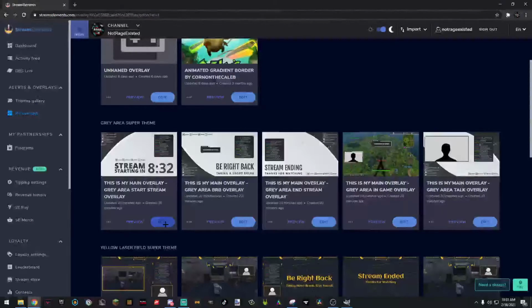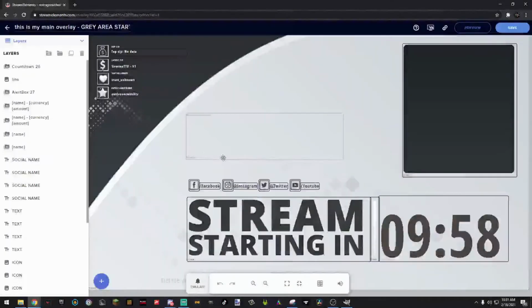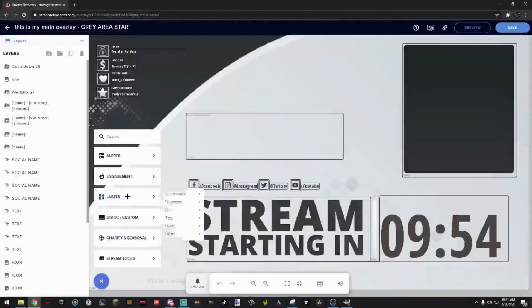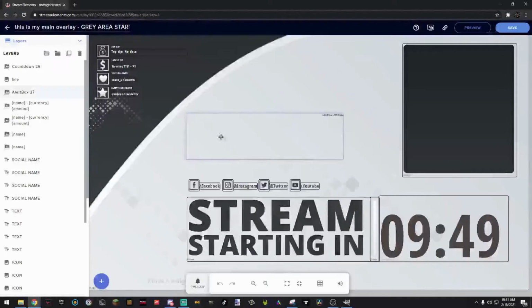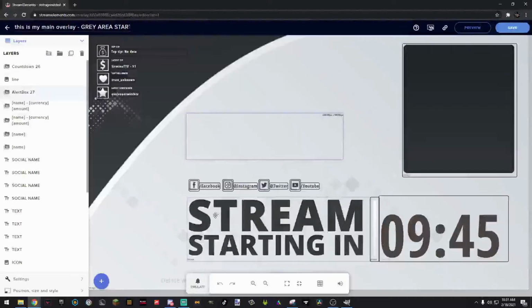So if you hit edit, this goes for every single one that you use. You edit it and do whatever you want. You can add alert boxes and everything like that, but usually they already have an alert box and everything like that, which I find is pretty cool. So